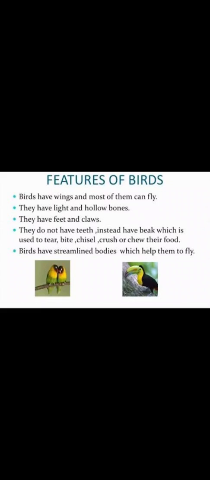They have feet and claws to make the nest, to fight with the enemy, or to hold different things. They do not have teeth, but they have a beak, which is used to tear, bite, chisel, and crush food. They also have a boat-shaped streamlined body, which helps them to fly.